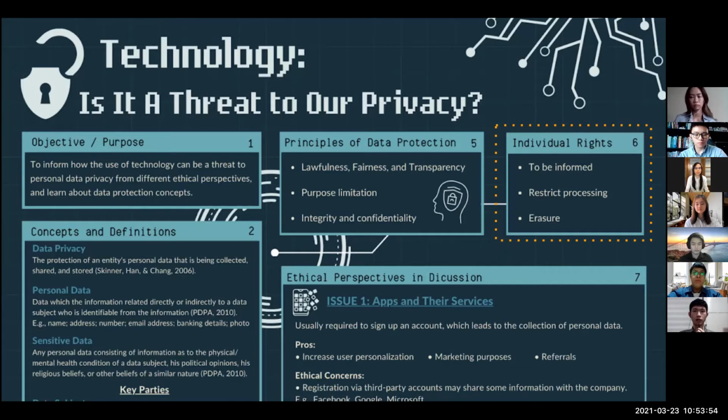It is important for individuals to practice this right as it protects them from any sorts of disadvantage such as reputational and monetary damages. Secondly, having the right to restrict processing means that an individual can request for their data to not be processed by organizations. However, companies can still store their personal data, just that they are not allowed to process it under the request.